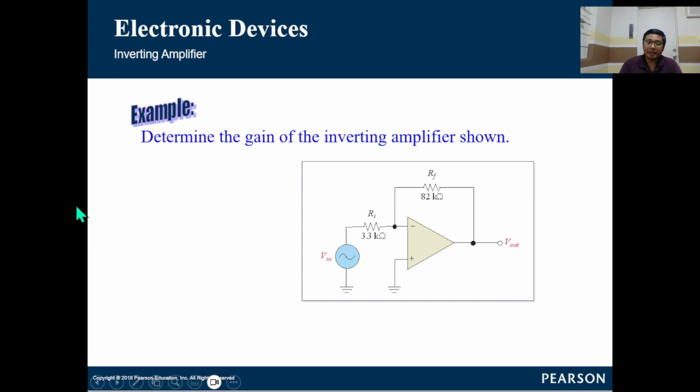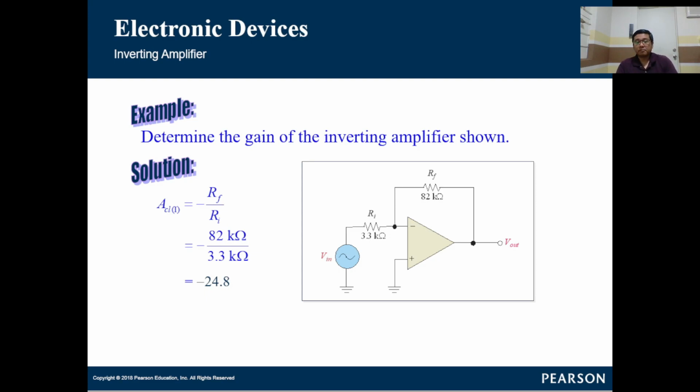So for our gain, the equation for the closed loop voltage gain of the inverting amplifier is ACL equals negative RF over RI. So we'll just substitute the values. We have 82 kilo ohms divided by 3.3 kilo ohms and then times negative. So that's negative 24.8. And the minus sign there indicates